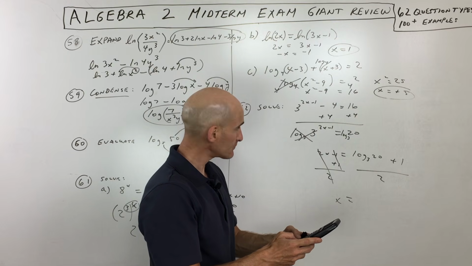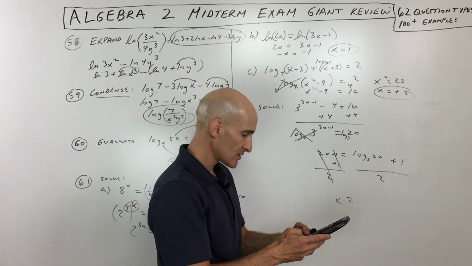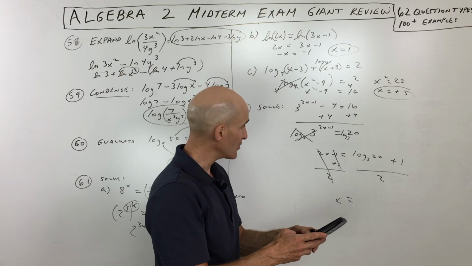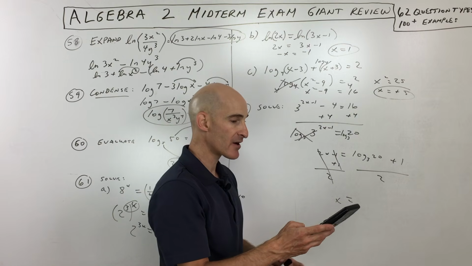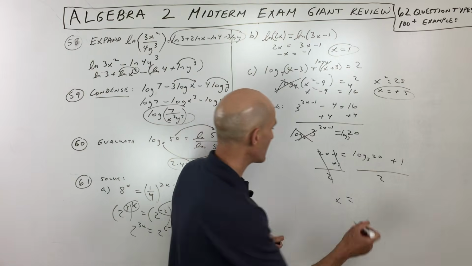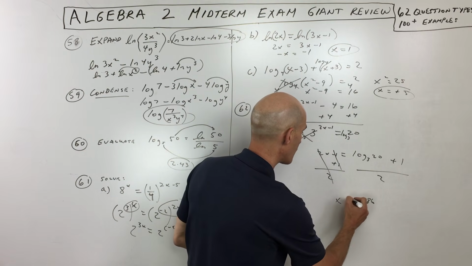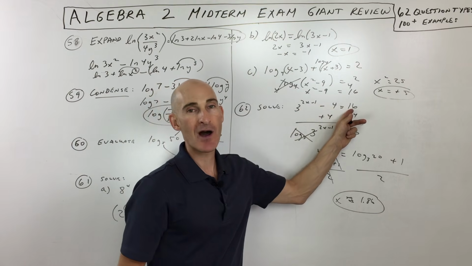So we've got, I'm using the change of base formula because this is an older calculator, so I can get the same thing that you guys are getting, and then plus 1. And my other calculator is in my car right now. So that comes out to 1.86 approximately. And the nice thing is you can always plug that in, approximately 1.86, into x and just make sure that you get about 16.